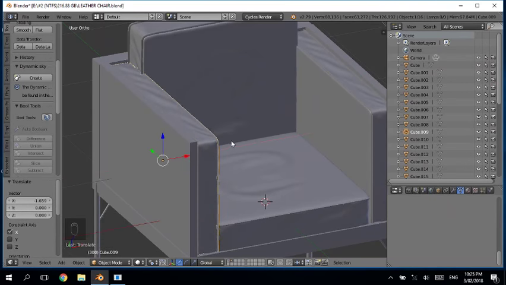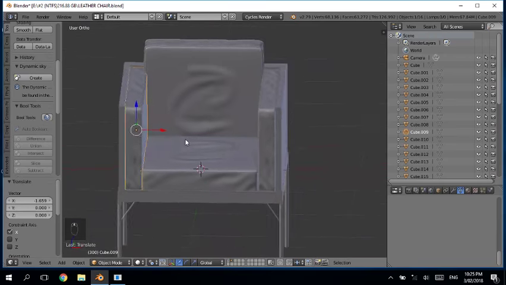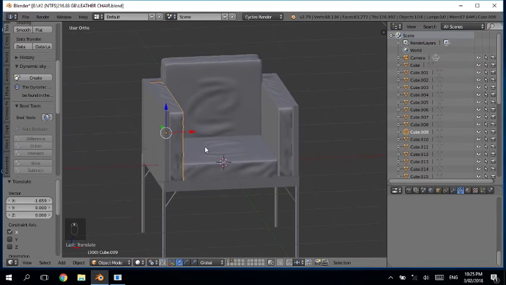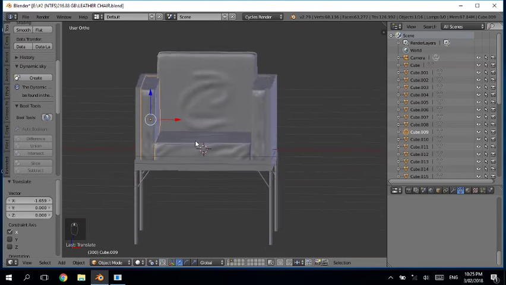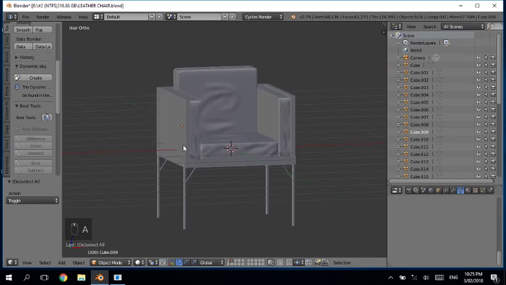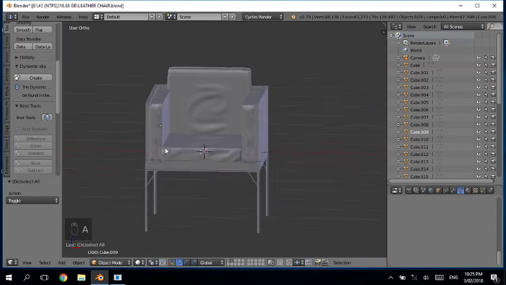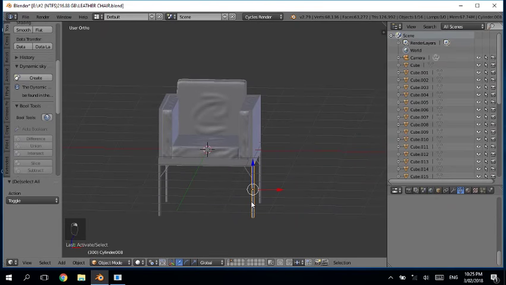And again, you can use the mirror modifier to avoid these things, scaling and matching both sides. Using the mirror modifier is a better choice. But okay, now we are fine with that. Now let's add materials. Before adding materials, let's just